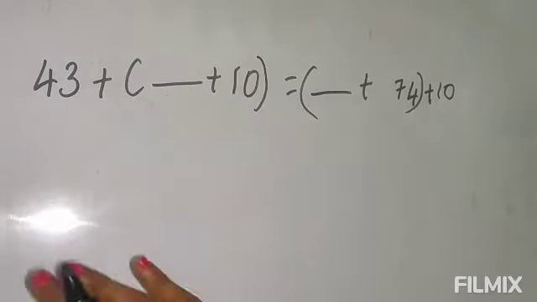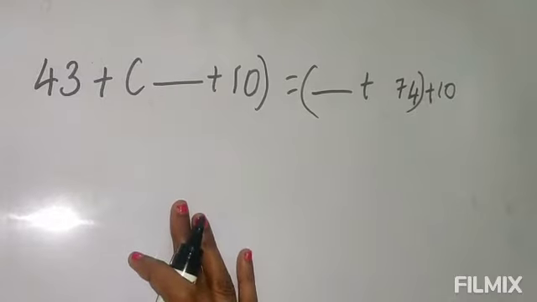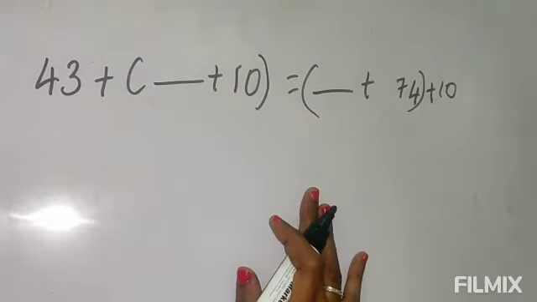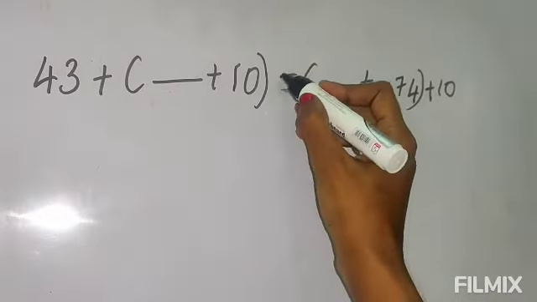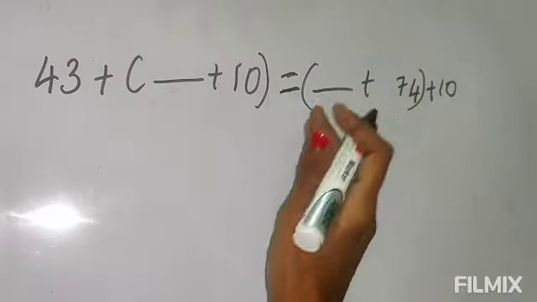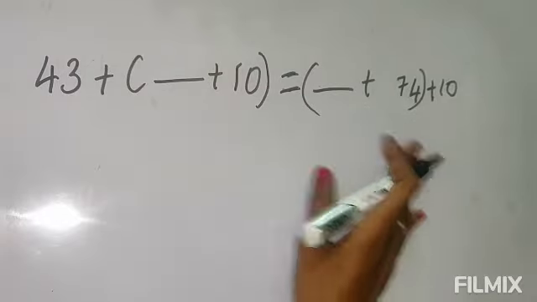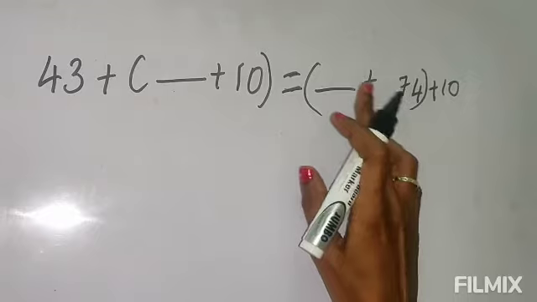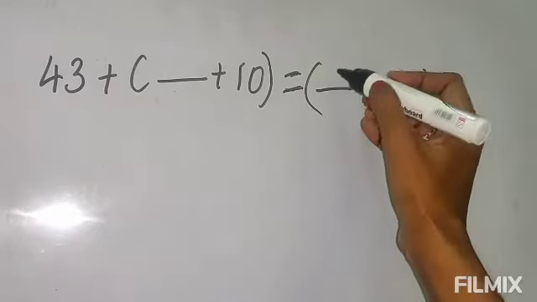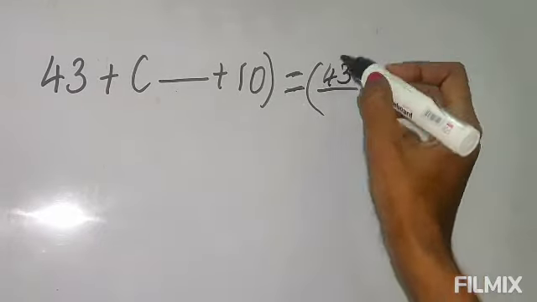Okay, now let's see how the questions can be asked. This also will be fill in the blanks only, like this. See here also you have to observe the equal sign and observe the right side and the left side. So now you see 43 is here, but 43 is not on this side. So in the dash, you can fill in the 43.